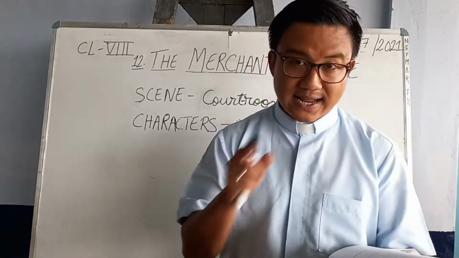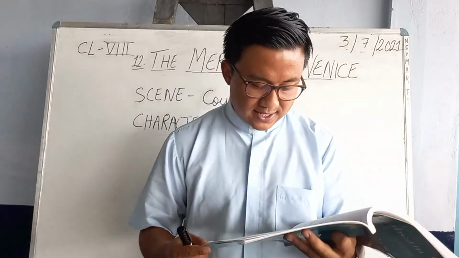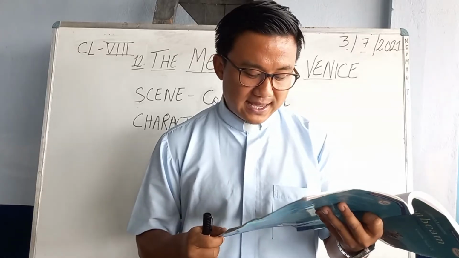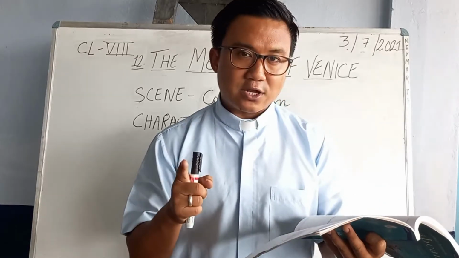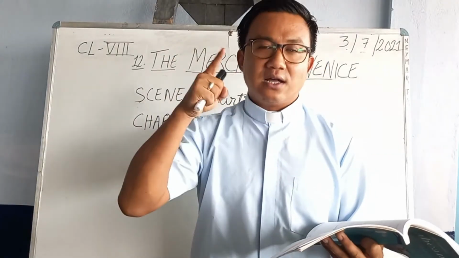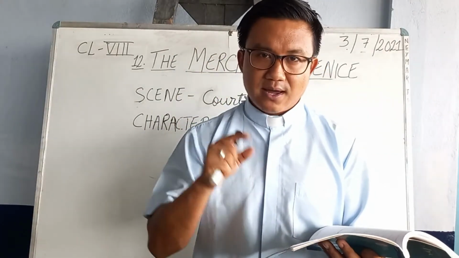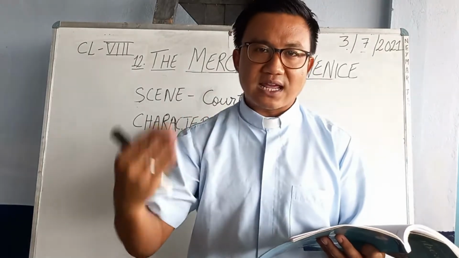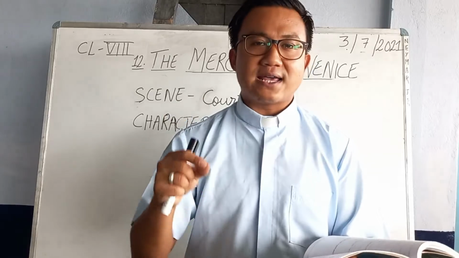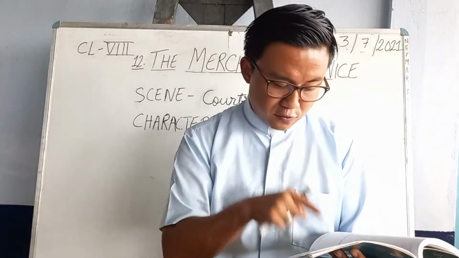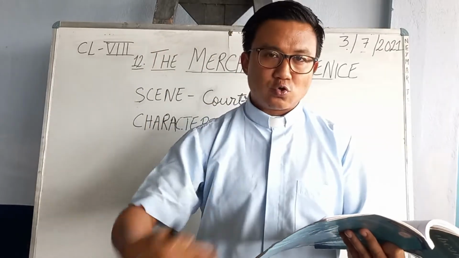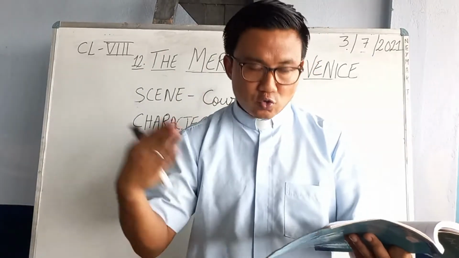Now we shall go with the text. First, the Duke says, "Please take your place. Has Bellario acquainted you with the case that requires attention?" Bellario is a new person, most probably the real lawyer who was supposed to come there. But maybe due to some reason he is not able to come. So in place of Bellario, Portia has disguised herself as a lawyer and has come. Therefore, the Duke is asking, has Bellario acquainted you, means informed you and explained to you about the case. Do you know the case?